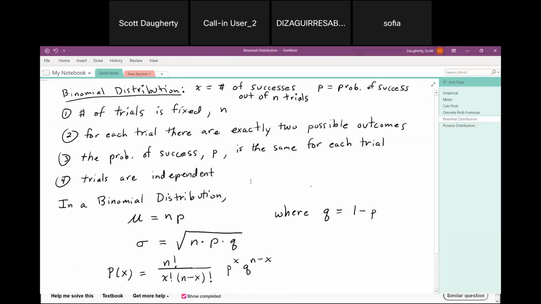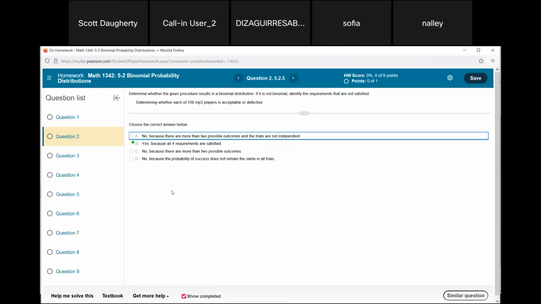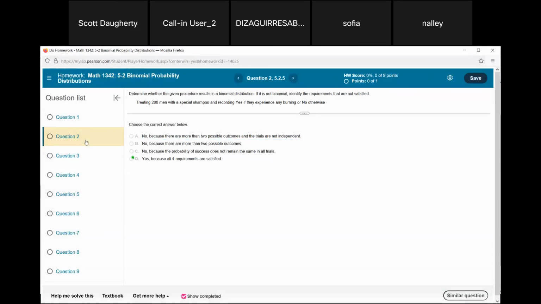So that's what a binomial distribution would look like, right? It would have to satisfy those four conditions. And this one is pretty close, it seems, to satisfying those four. So this probably would be a good candidate for modeling it as a binomial distribution, okay? Okay, so what would not be binomial?